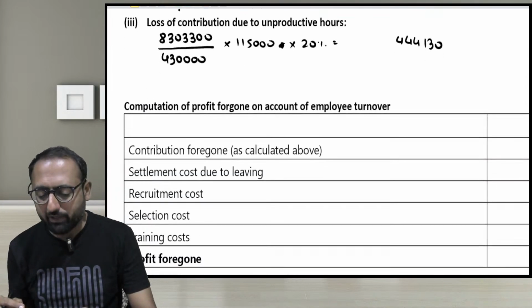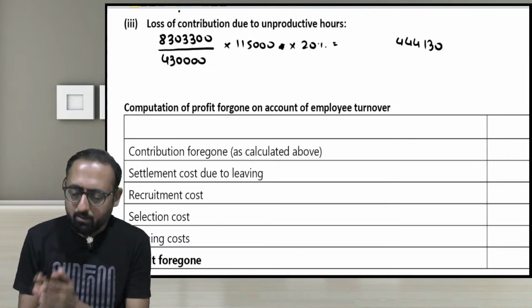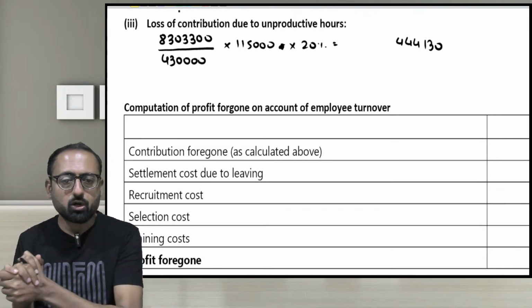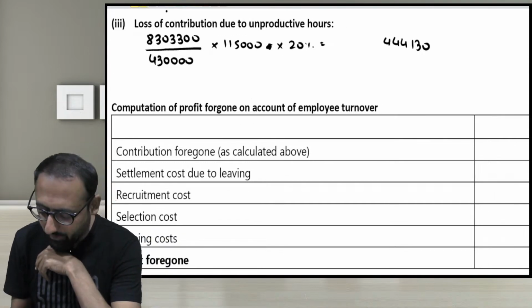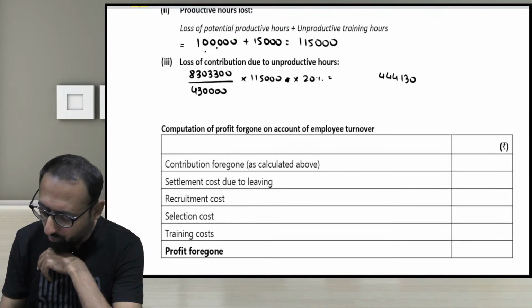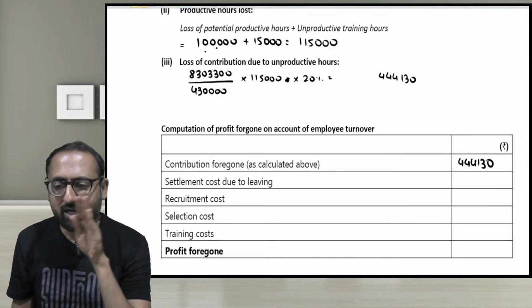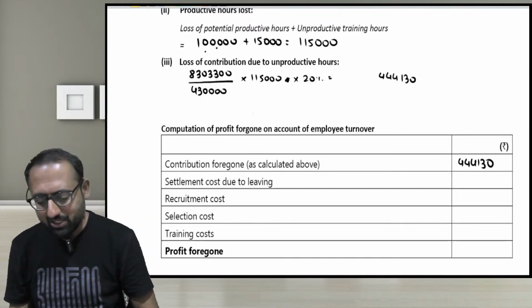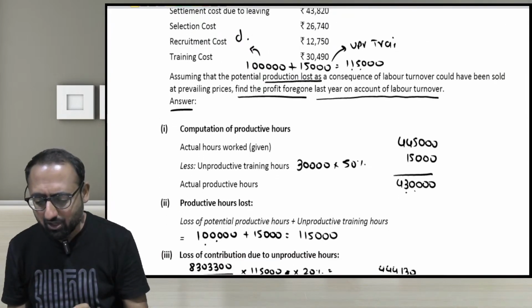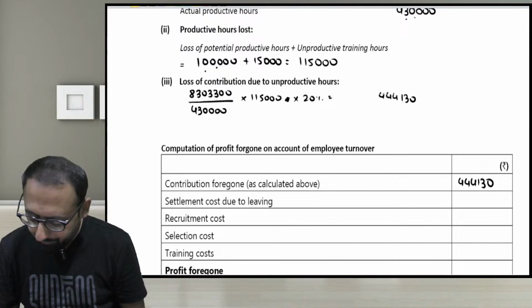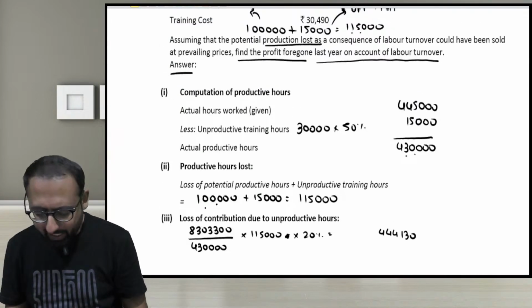Now you have to calculate the total profit forgone last year because of that labor turnover. So contribution forgone will be 4,44,130 plus the additional cost incurred by you: selection cost, recruitment cost, training cost, and all other costs, settlement cost, 43,820. Next one, guys,